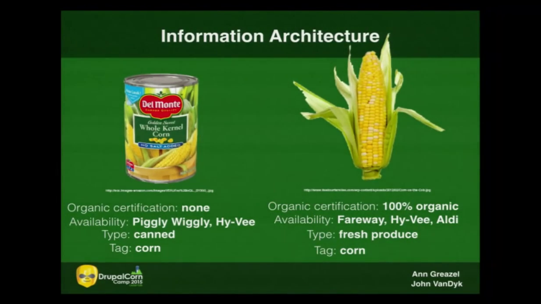Maybe you're crowdsourcing the availability of these different food types, and so you've got the availability with multiple select predetermined from the grocery stores that are in your area. And then, how organic is it? There's 3 different organic classifications that you can have in the US, and these are 2 of them. So this is not organically certified, and this is 100% organic. This allows me now to go to your website and quickly find, show me all of the 100% organic food that is available at the Fairway around the corner in the fresh produce section.